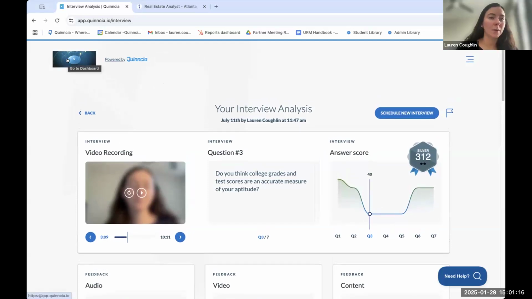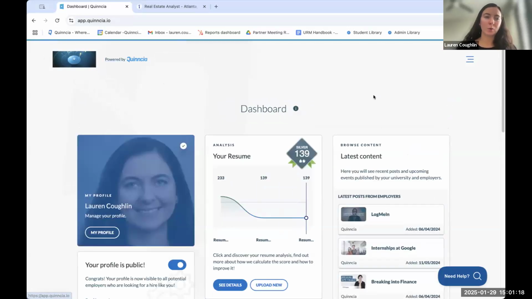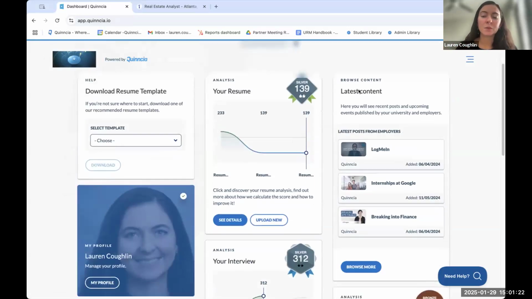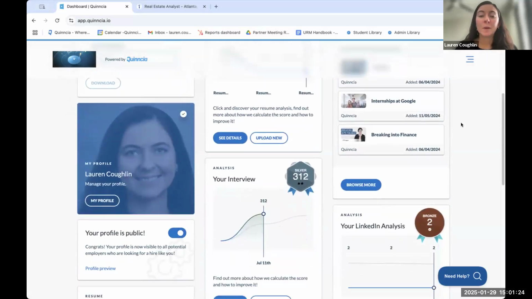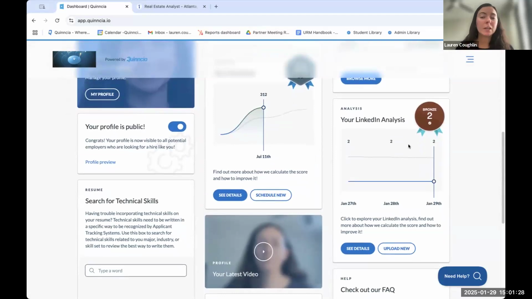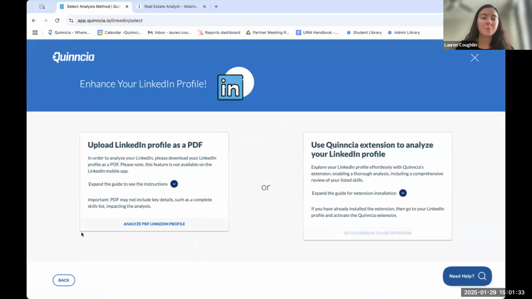All right, so I'll go ahead then back to my dashboard here. And then I'm going to now get into the LinkedIn side. So this one's a little bit more brief, but basically on your dashboard, you'll scroll down to the LinkedIn widget here, and then you'll just go ahead and click upload. And so you'll see these 2 options. You can link your LinkedIn profile as a PDF,